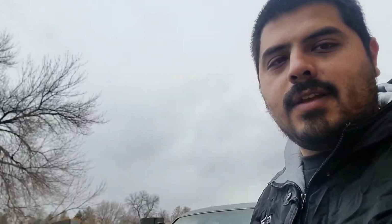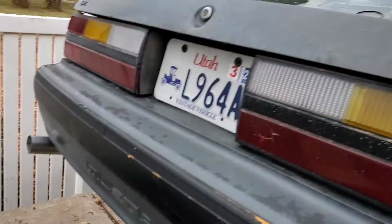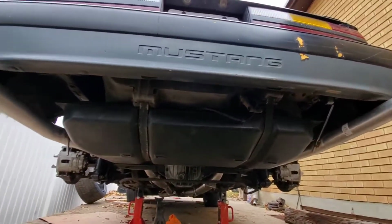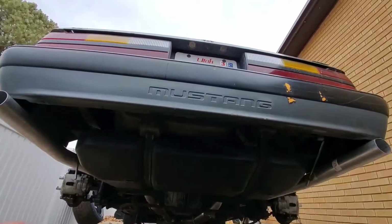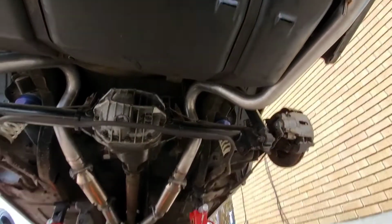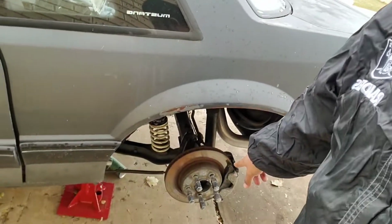All right, so it's currently day 3. Pretty much yesterday I finished everything, so today is just getting everything back together. I left my car like this. You know, the wheels are not on there right now, but check this. It's all done. I'm just gonna drop the car and bleed my brakes